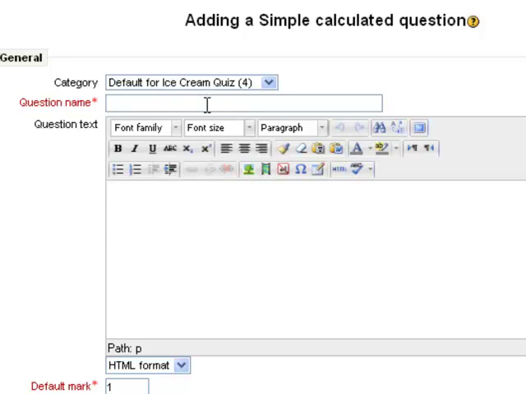I need a question name. I'm going to name this 4. Usually they're just numbers. And then question text. In other words, what is it in fact that we're asking the students to do? All of the questions on this sample quiz that I'm doing here are ice cream related. So here's my question. Mary buys 3 ice cream cones at